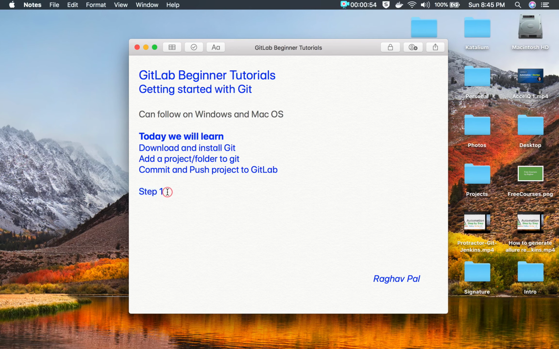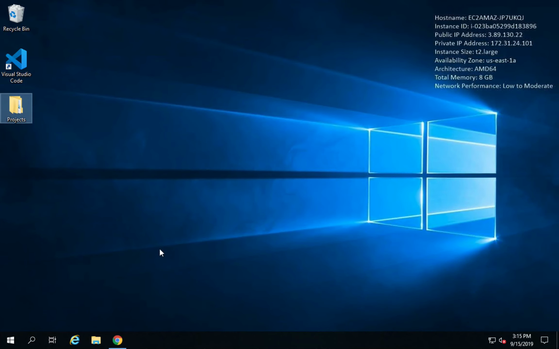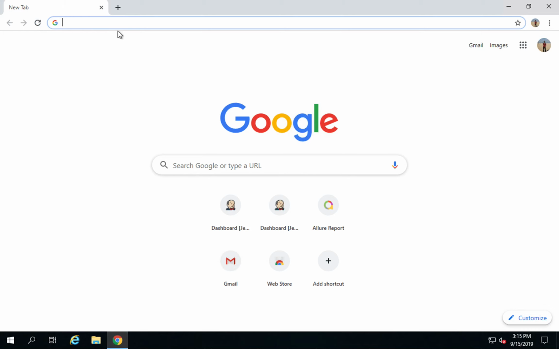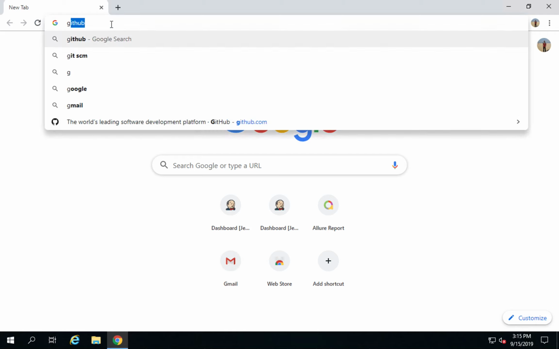Step number one: we have to download and install Git on your system. I'm on Windows, and I will also show you on Mac. So here I will just go to Git